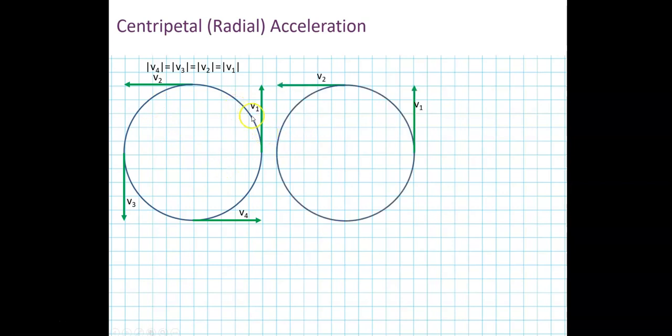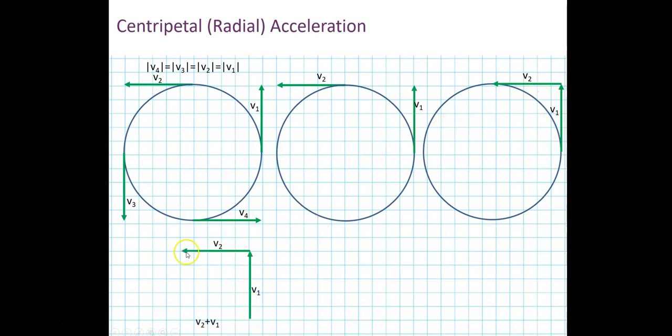Well, let's take just these two velocity vectors, V1 and V2, and compare them to each other. Okay? And what we're going to do is add those two velocity vectors together. Well, technically, even though the speed is the same, your velocity has changed direction. It's gone from pointing upwards to pointing to the left. And since acceleration is the change in your velocity, what's going to be happening, and I think we've already done this in two-dimensional motion, is that when you add these two velocity vectors together, V1 and V2,